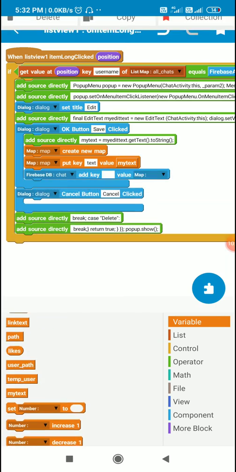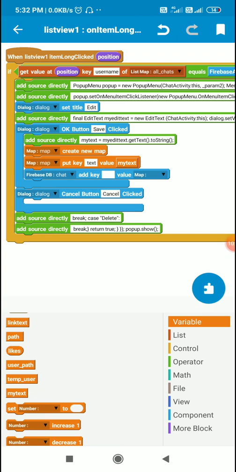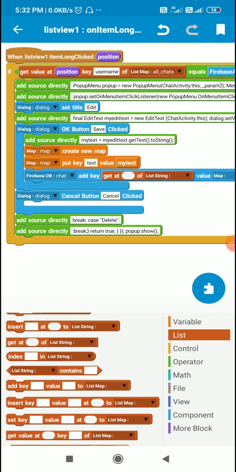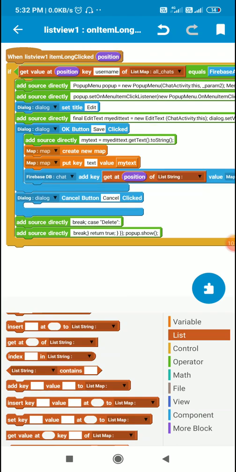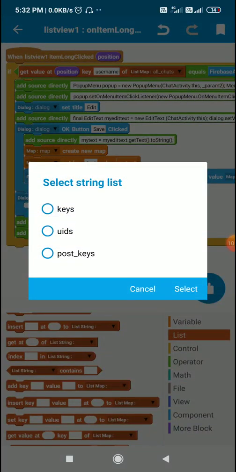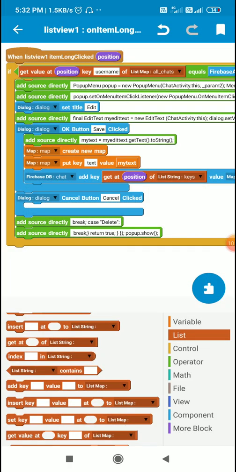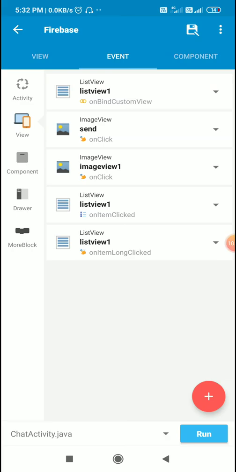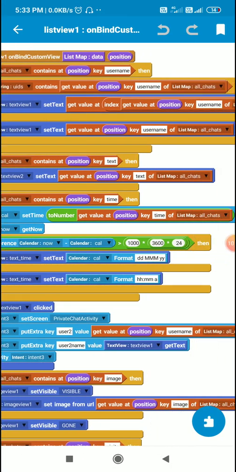Now in this chat I will add the key, get at position of list string keys. This is the list of post IDs. I have used it in onBind custom view also.